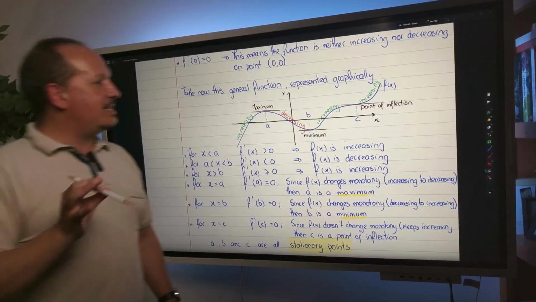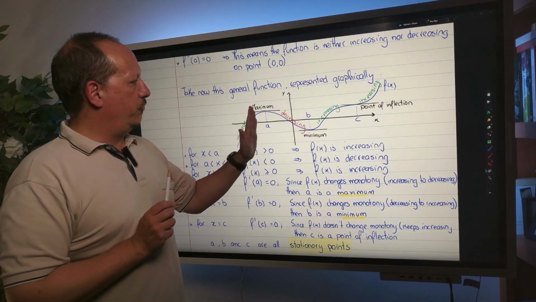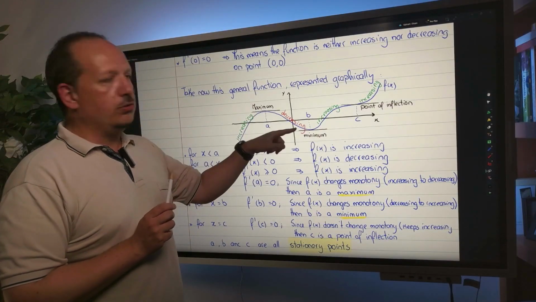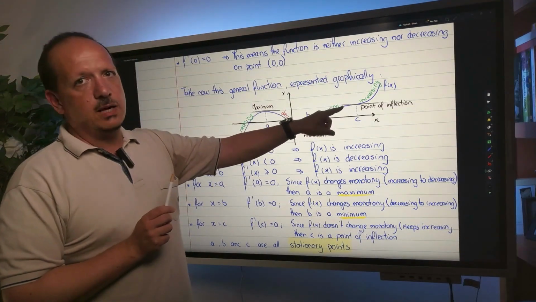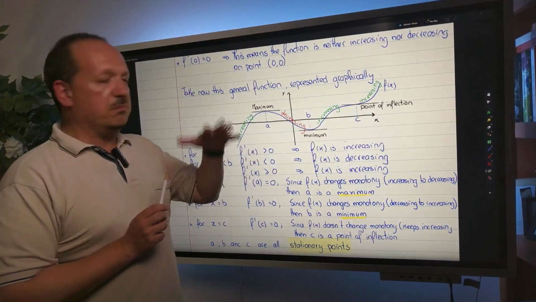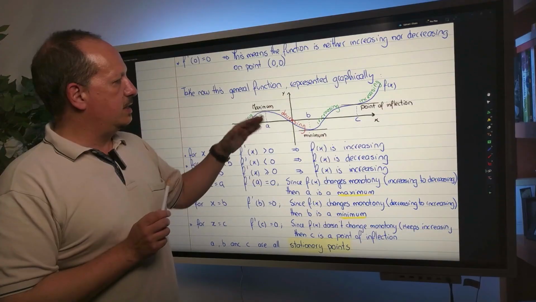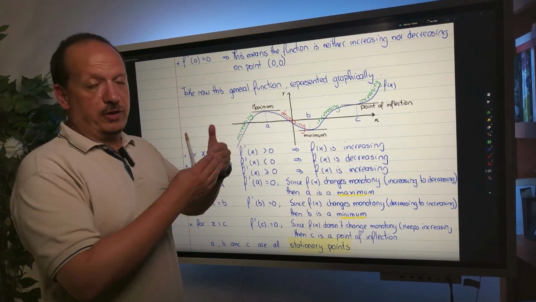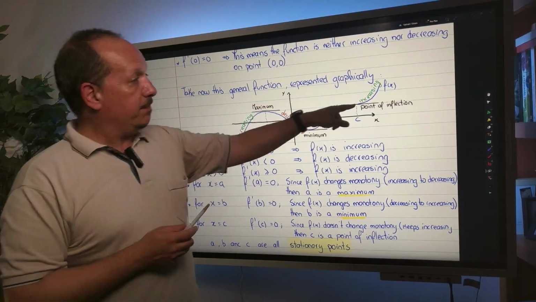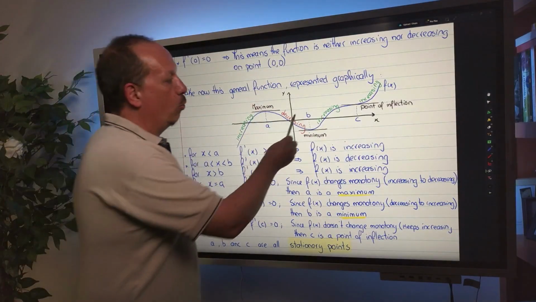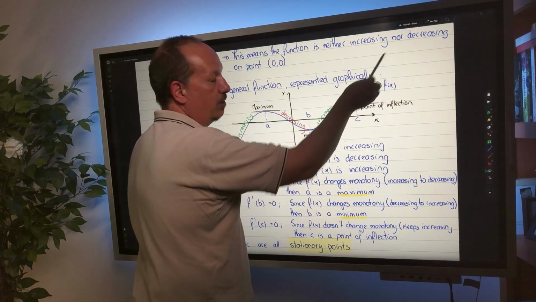Okay? It doesn't necessarily mean that every single point that you find with gradient 0 is going to do such a thing. Look at this one over here. This is not very common, though, okay? And chances are, 90% of the times you will find these points, they are actually going to divide functions from increasing to decreasing or vice versa. But you may find these points over here where the gradient is 0, but they actually don't change the monotony,